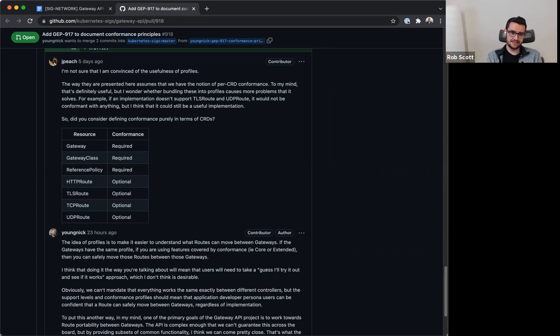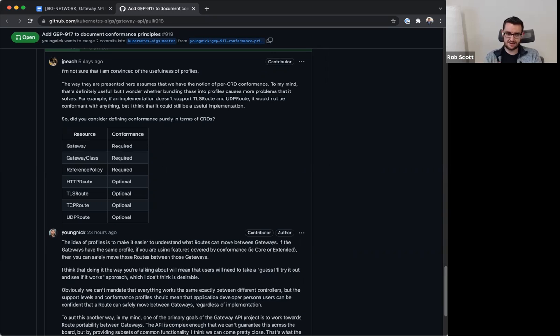It requires an implementation that supports gateway, HTTP route, and gateway class. These are the resources that my specific test tests, and you probably don't need to write gateway class because I'd assume it's inferred. But these are the things that my test tests, and then you just run with that.